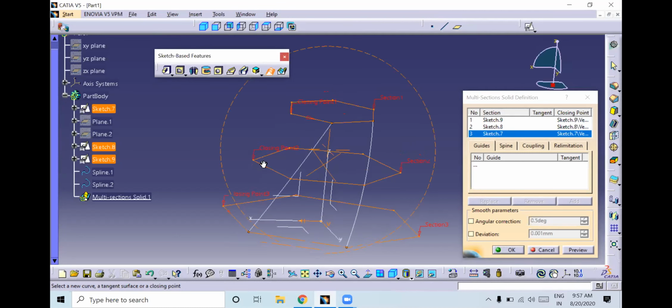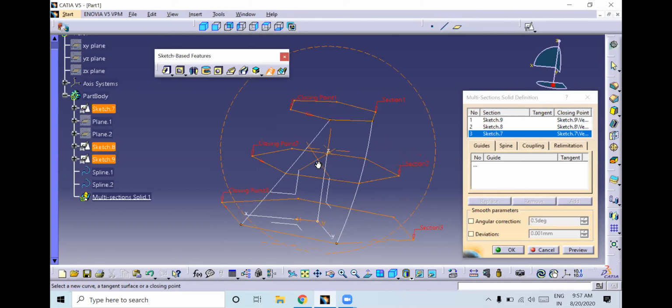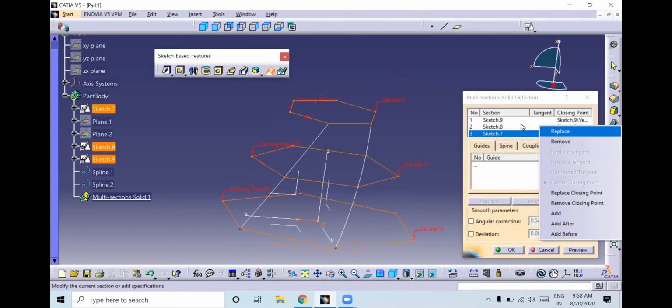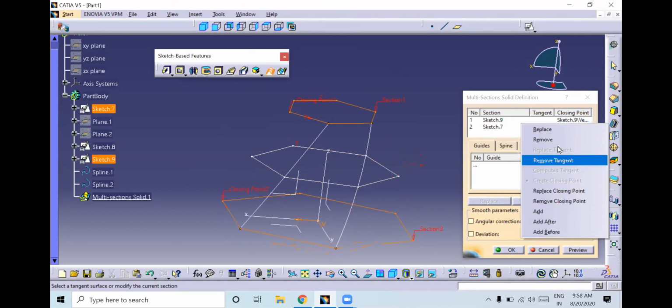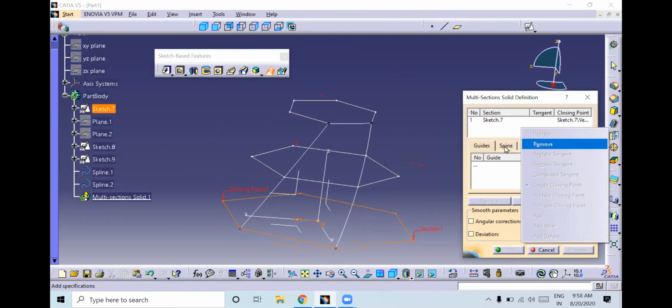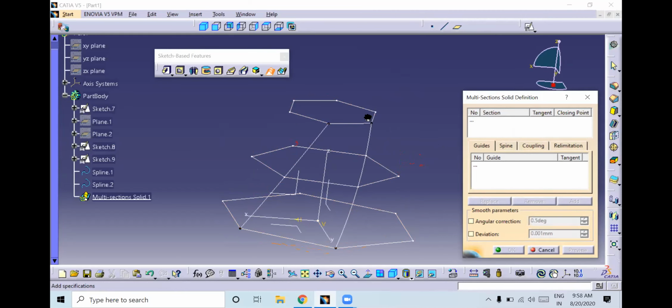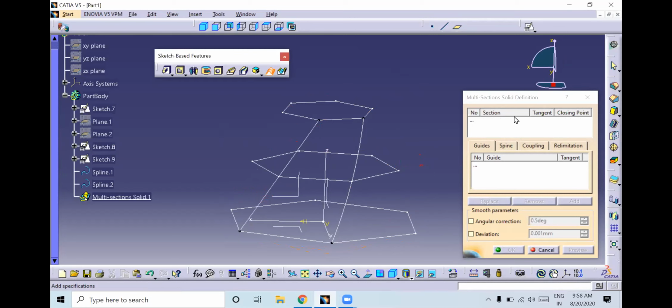Fine, so again I will show you. Don't select like this. See 1, 2, 3.